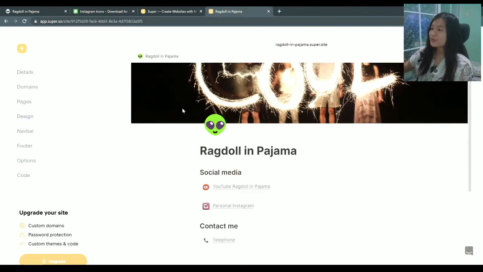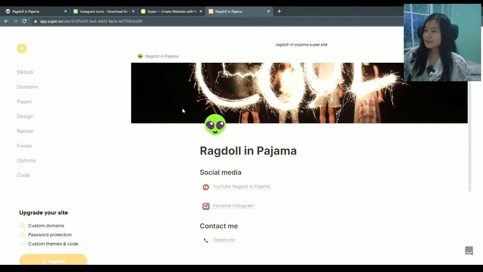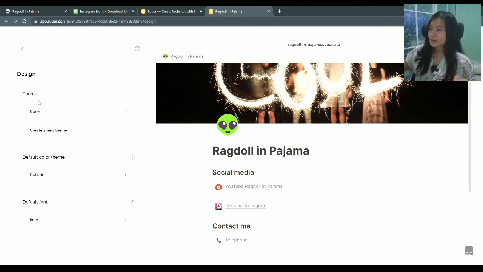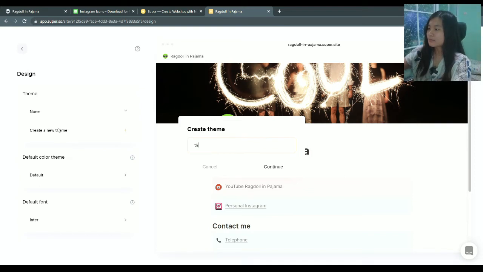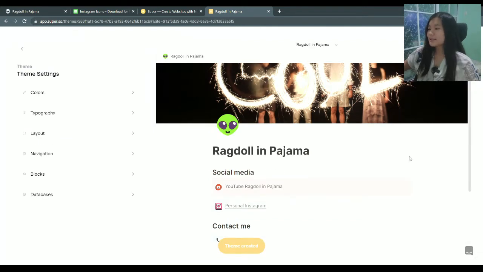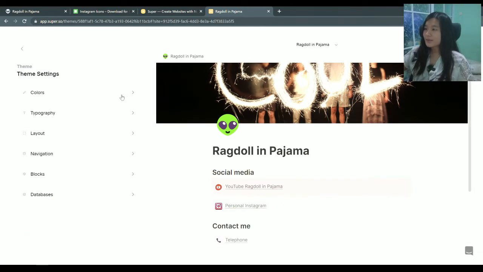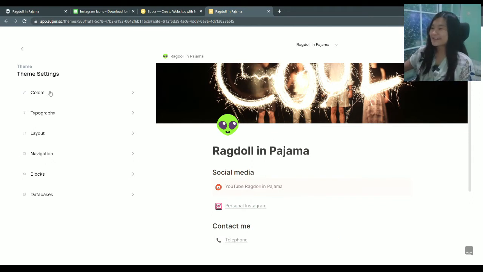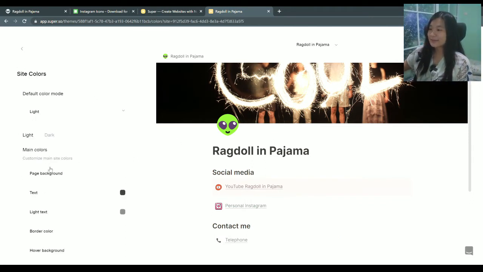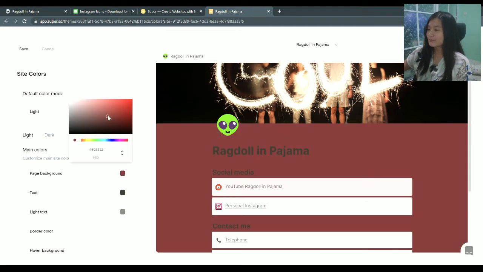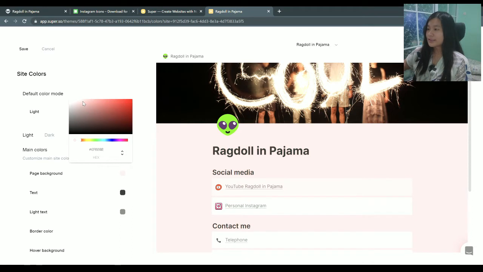so what you can do here is change the layout of your website. For example, how to do that is to click design over here and then create a new theme, name it maybe like theme, I don't know, continue. All right, here is where the magic begins. The first one is colors. You can change the page background if you want it pink, maybe, or change it to whatever you want. So yeah,